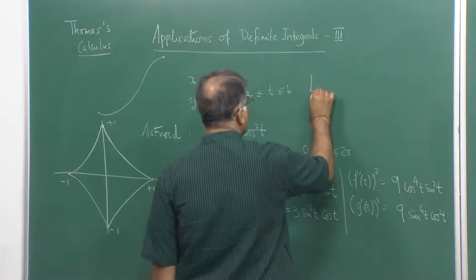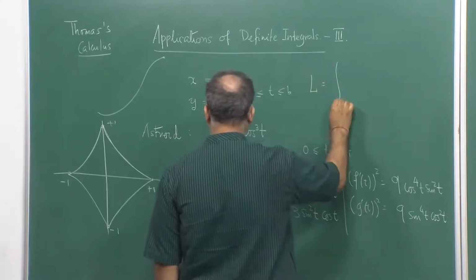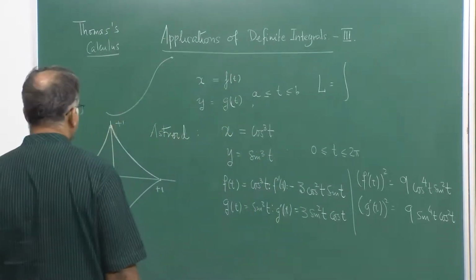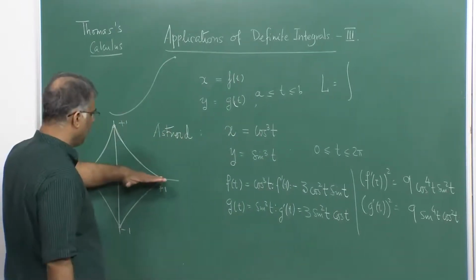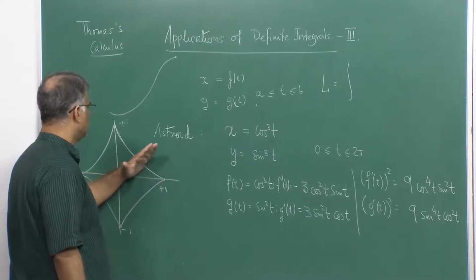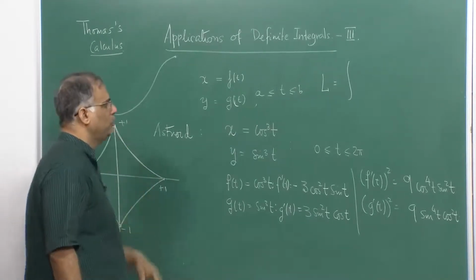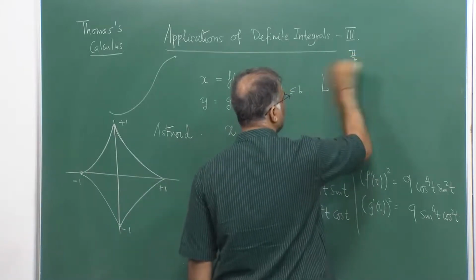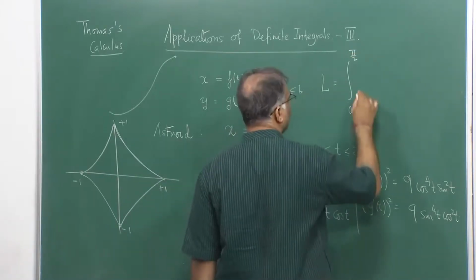So, my length, which I only want to find in the first part, where the angle varies from 0 to pi by 2, that is 90 degrees,